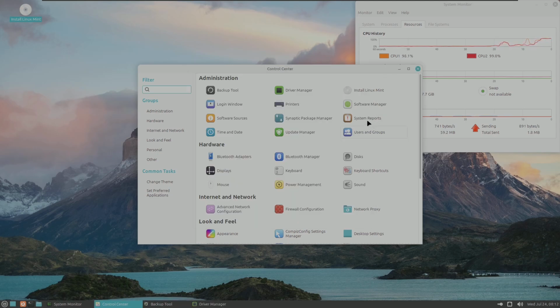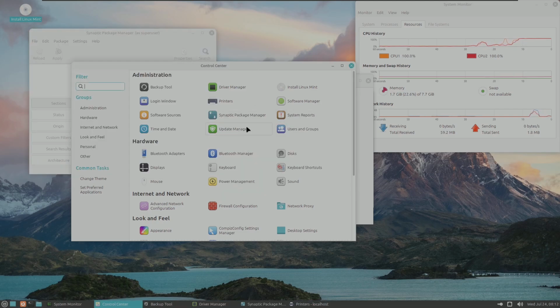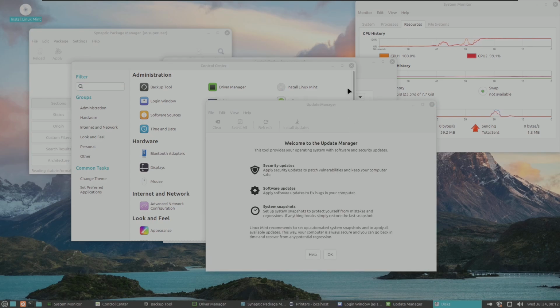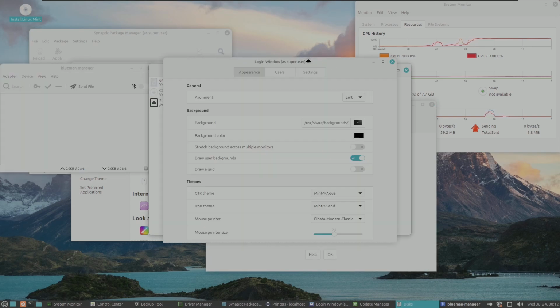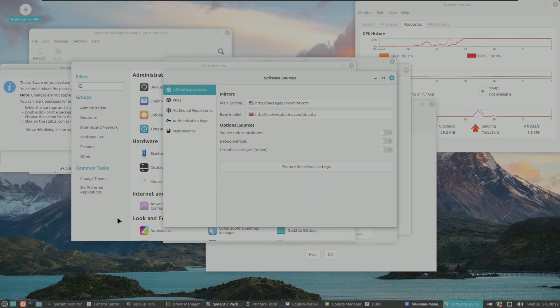So I'm going to open some useful applications or useful settings. So software sources, and let me open the update manager, Bluetooth adapters, Bluetooth manager, disks. I want to show all the important ones because this is a stable ISO file, so I need to show most of the things. That's the reason I'm going to open a lot of things here, like power management,